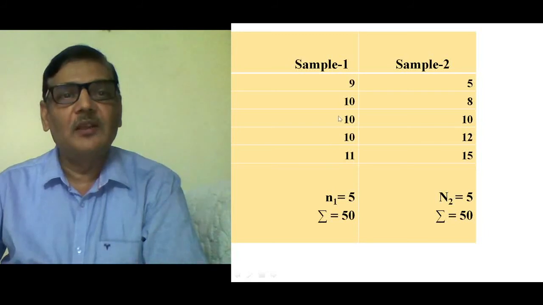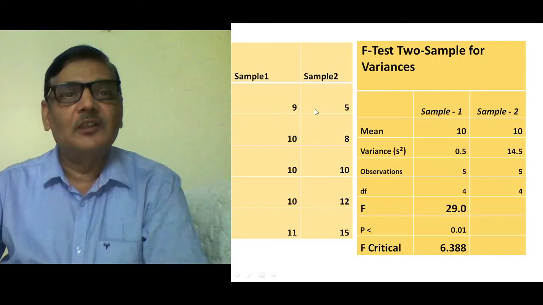But what we find is that there is much variation among the observations of sample 2, whereas sample 1 contains all 5 observations very much similar, because 3 of the cases are exactly the same and the other 2 are slightly different from the value 10. So definitely there is much consistency in sample 1, but much difference among the cases of sample 2. So we want to see whether both samples have the same variance, and